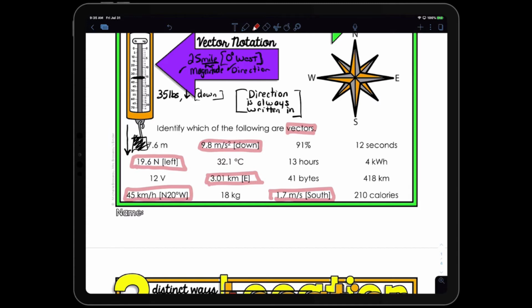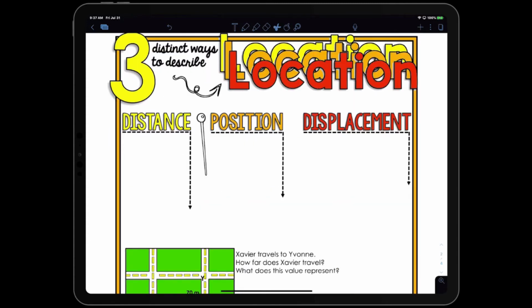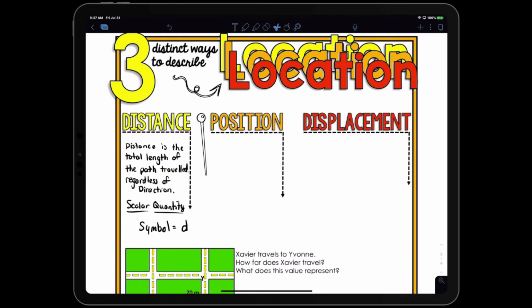It's a little more information. Let's take a look at ways that we can describe distance, because when we're describing distance, as in the example with the purple arrow, I said that we went 25 miles. So how is that different if we're just talking about distance in general instead of describing it in terms of position or displacement? So distance, what we have to remember is that distance is going to be the total length